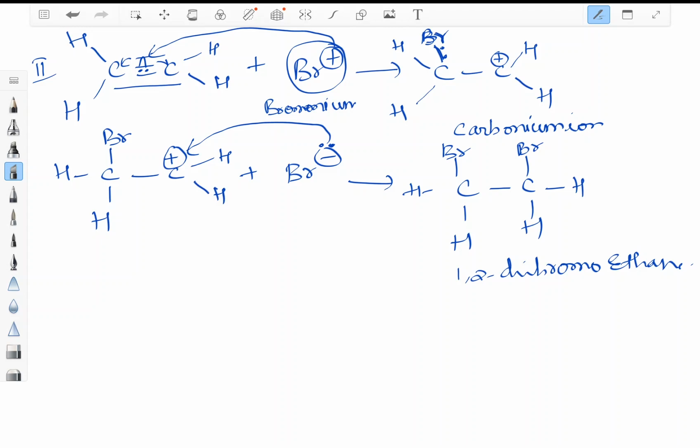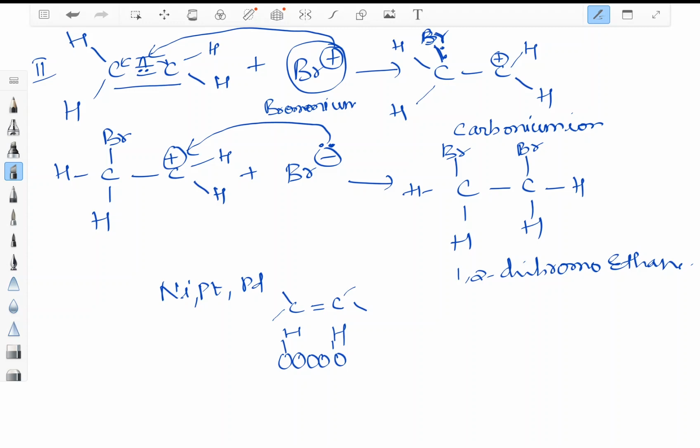We have seen the mechanism of two reactions. One is the addition reaction of hydrogen, where we are using a catalyst which can be Ni, Pt or Pd. That is why it is called catalytic hydrogenation reaction, because hydrogens are getting added, and it is due to the affinity of hydrogen towards a metal catalyst. The metal catalyst absorbs hydrogen on the surface and is exposed to an alkene, which leads to addition reaction on the same side, that is cis addition reaction.